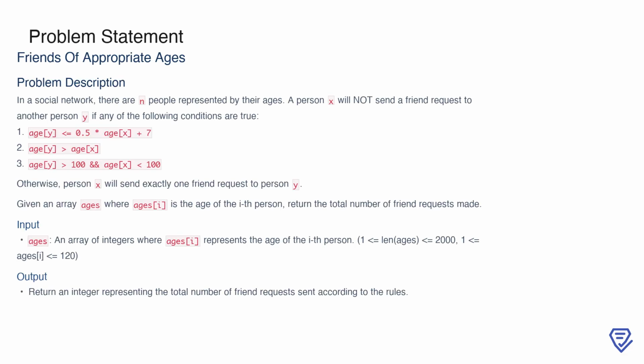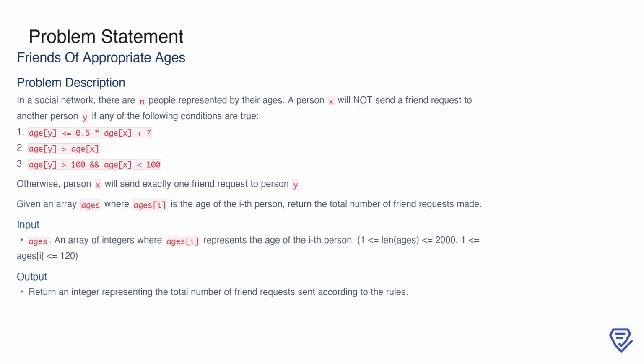Welcome! In this session, we'll explore an exciting problem titled Friends of Appropriate Ages. We'll break down the problem, discuss various approaches, and analyze their efficiency. Let's dive in. The problem Friends of Appropriate Ages revolves around determining how many friend requests are sent within a